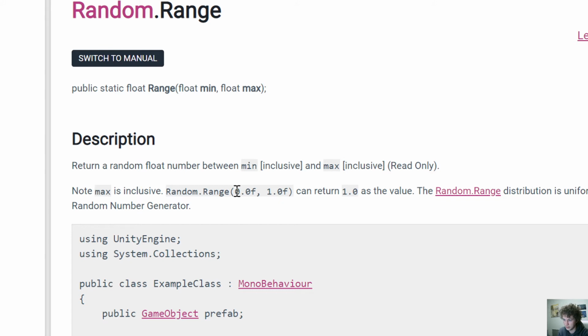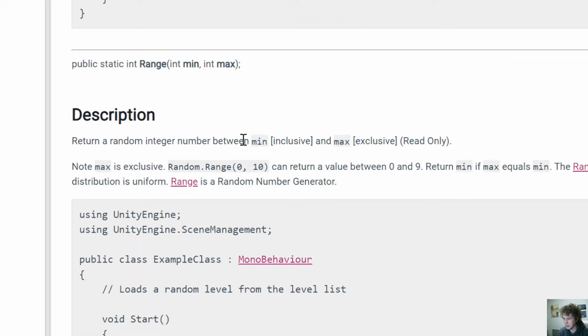So if I say between 0.0f and 1.0f, it can return 1 as a 0. If we scroll down to integers, the minimum is inclusive and the maximum is exclusive. So a number between 0 and 10 returns 0 to 9,